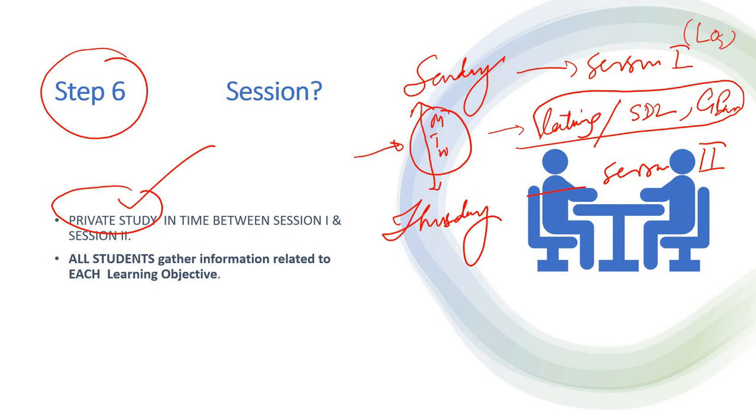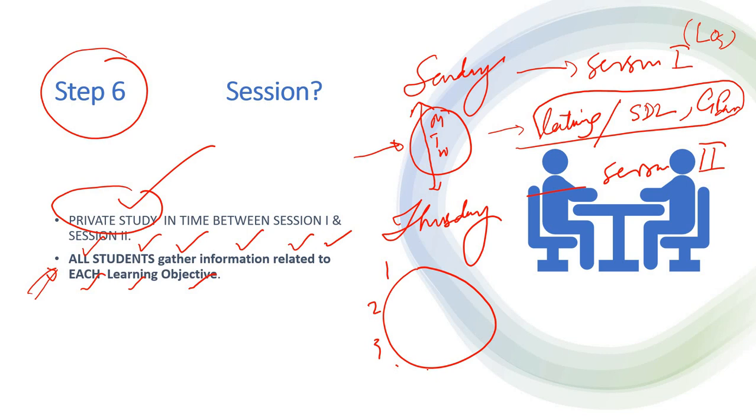student is going to perform to finish the task being assigned in shape of learning objective. Keep in mind, this is the most important point, that all students should gather the information related to each learning objective. It doesn't mean that students are sitting in a group 1, 2, 3, 4, 5, 6, 7, 8, 9,